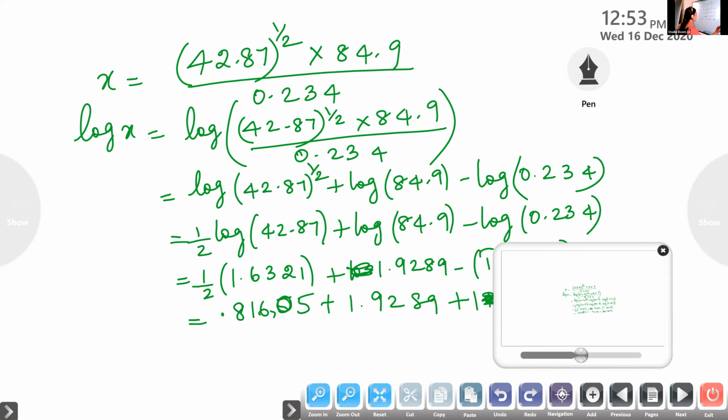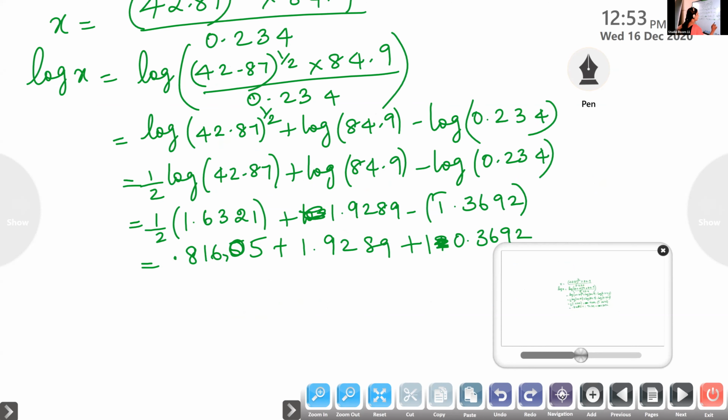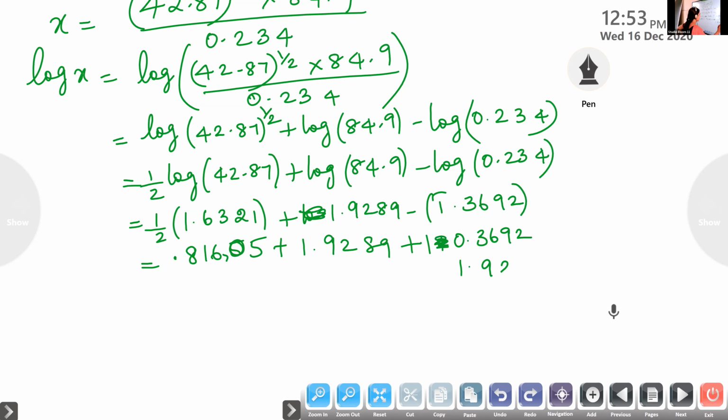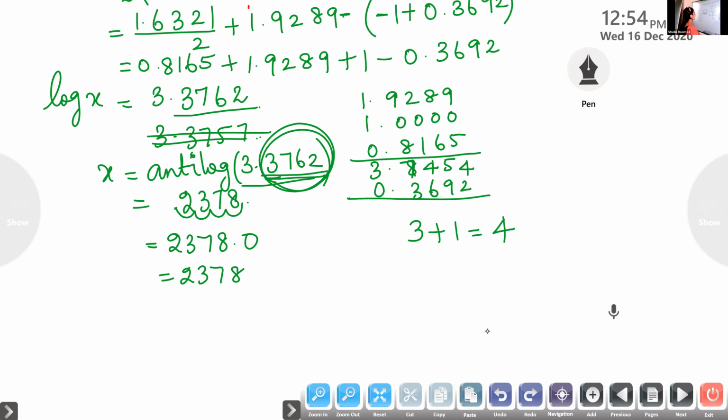When we add these numbers, what are you getting? 1.9289, and the next number is 0.81605. So when you add this, 5, 9, 14, 4, 7, 16, 7. 3.74495. What did we write there as the sum? We wrote 8 there. Change it. Okay, very good.